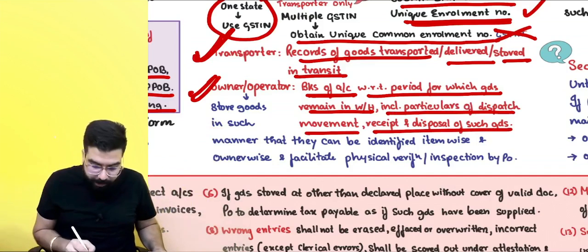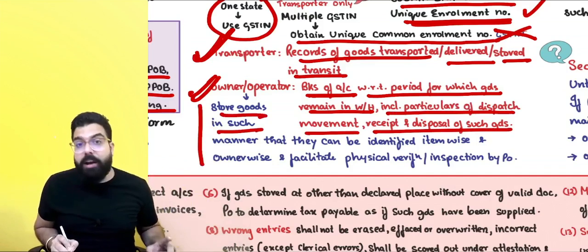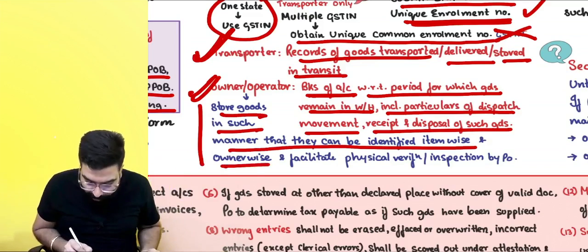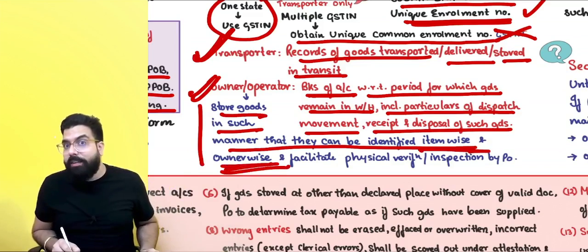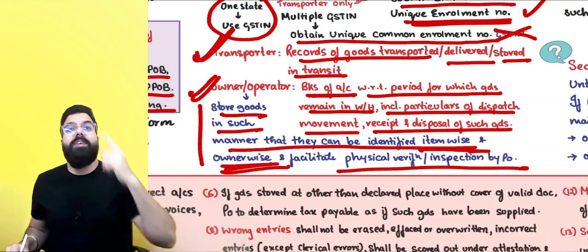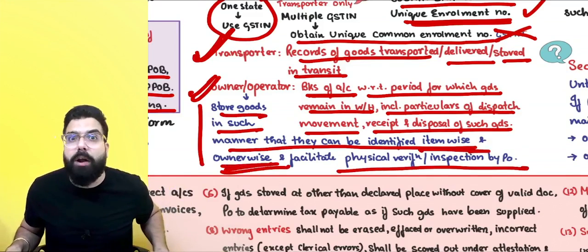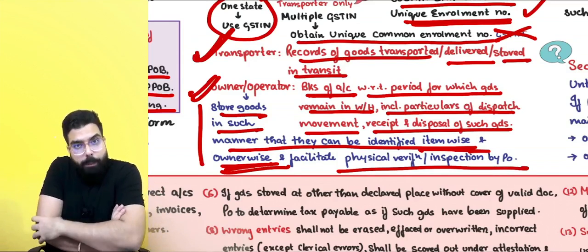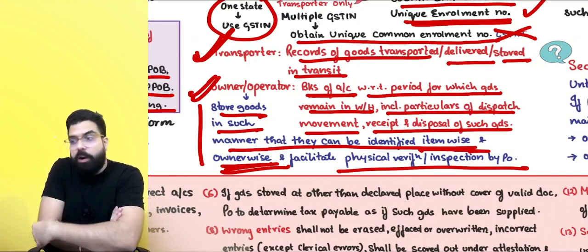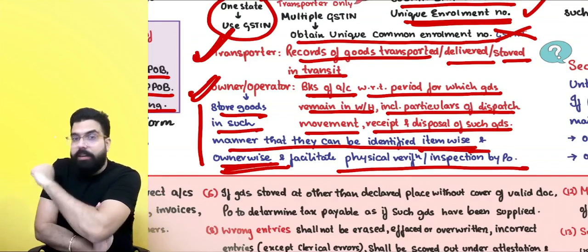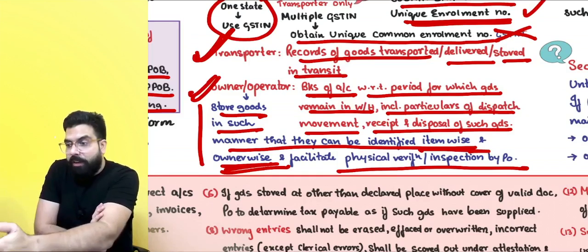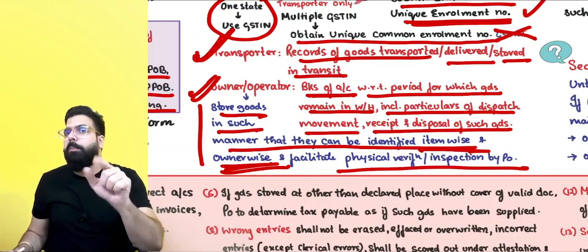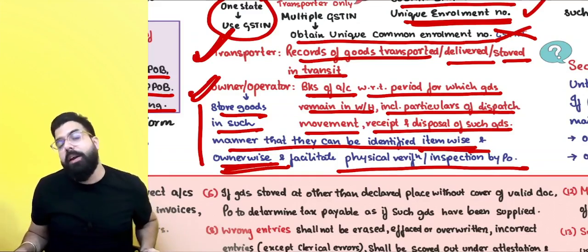And always remember, you should store goods in such a manner that they can be identified item wise and owner wise, and facilitate physical verification or inspection by the proper officer. Owner operator of warehouse, if a proper officer is coming and asking which is Ramesh Soni's goods, you should be able to show this is Ramesh Soni's goods. Okay, what are the various items which are there? You should keep them properly so that the proper officer, if he comes, can do the